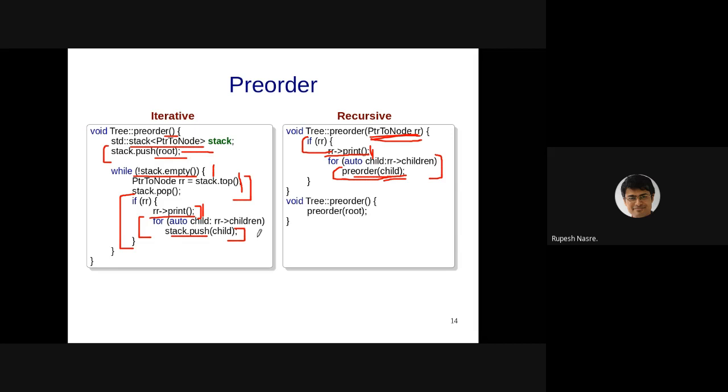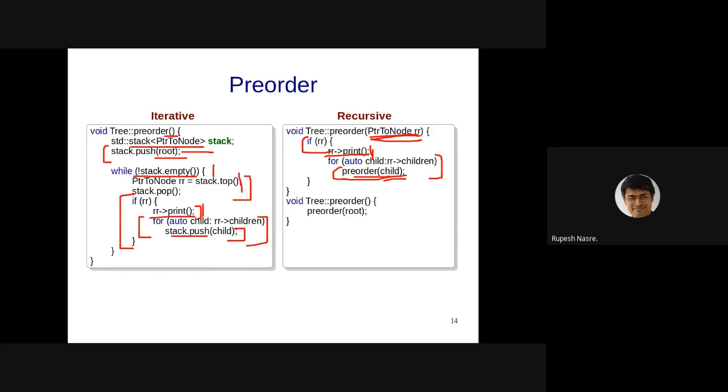That means that the children at any level, not necessarily children of the root, are going to get printed in right to left order versus in the recursive manner in the left to right order. This is the only difference. As we said, the ordering amongst children may not matter in this application, and therefore it is okay. If it matters, then we have to change this such that we push the children from right to left, so that when you pop those out, it becomes left to right. Okay.